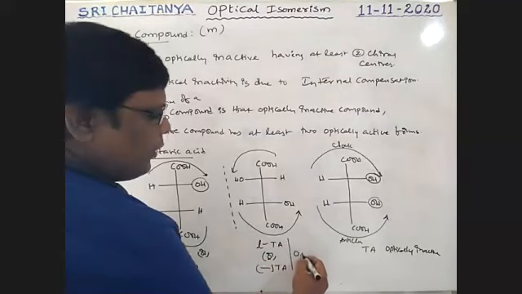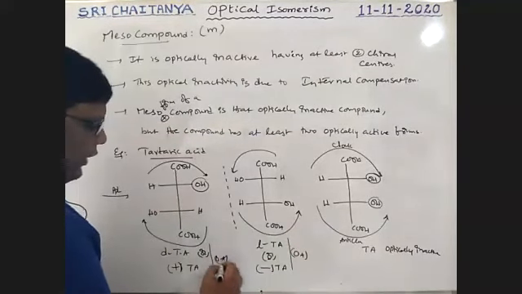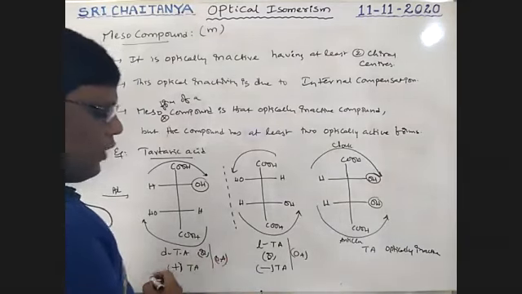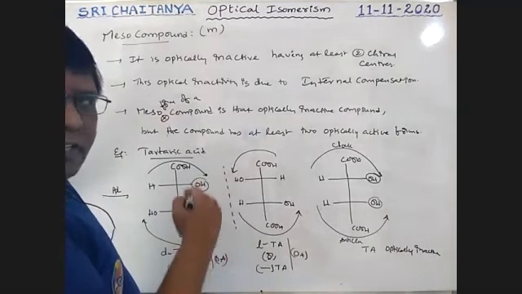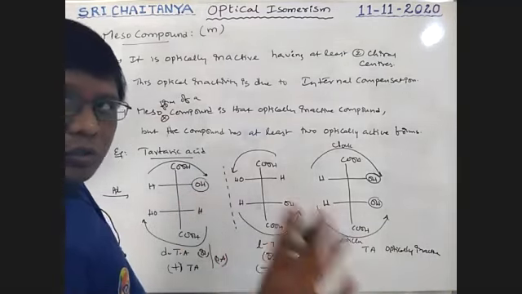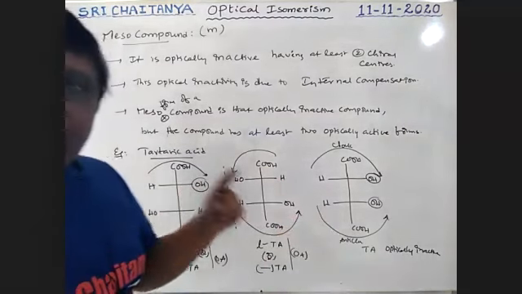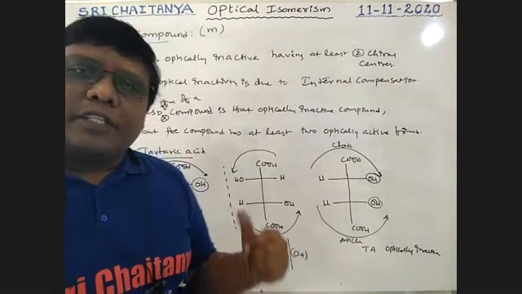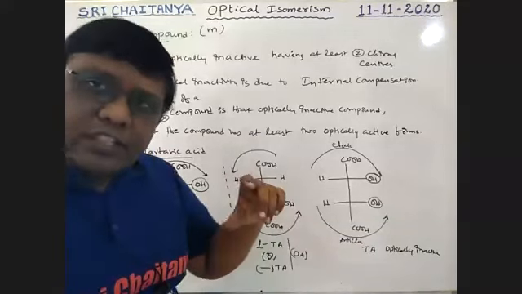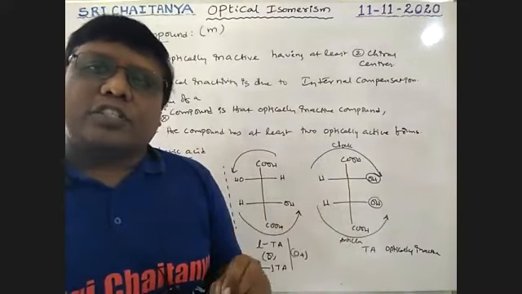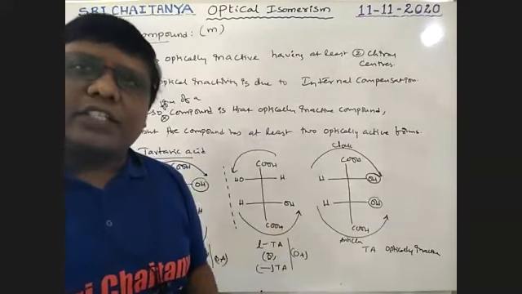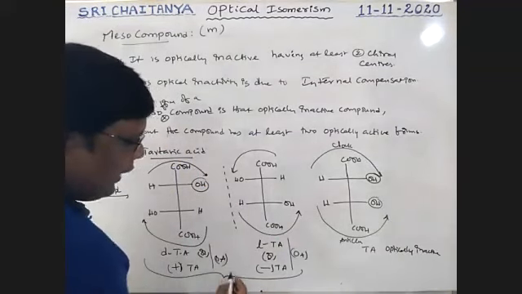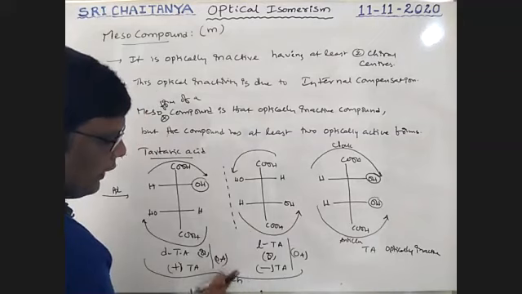The plus tartaric acid and minus tartaric acid are optically active, boys. These are two forms: one is clockwise rotation, and the other is anti-clockwise. In every respect these two compounds are the same except the direction of rotation. The extent of rotation is also the same, so that means it is plus 90, it is minus 90. Just the direction is different. These two compounds are called enantiomers.